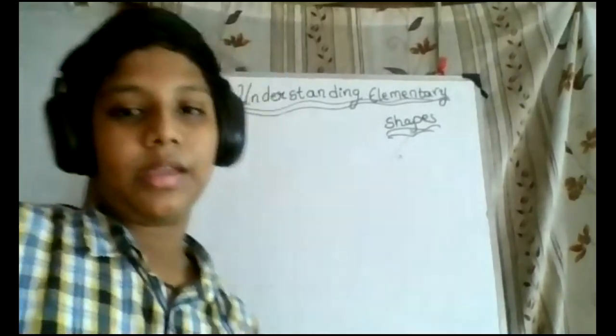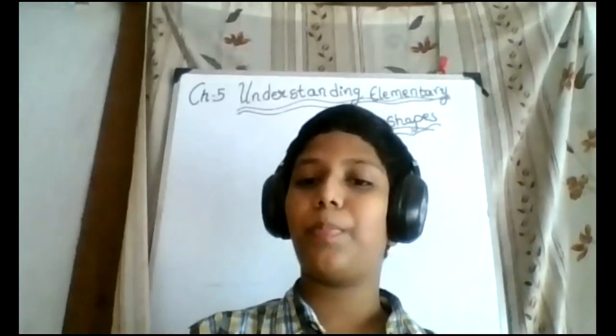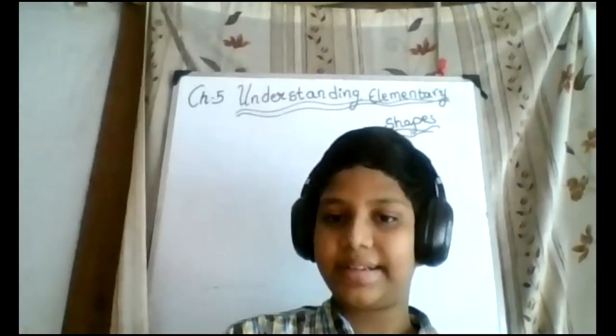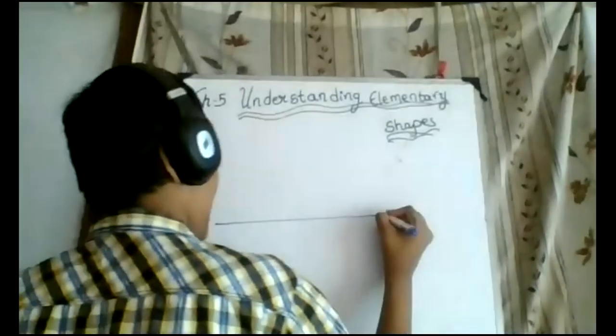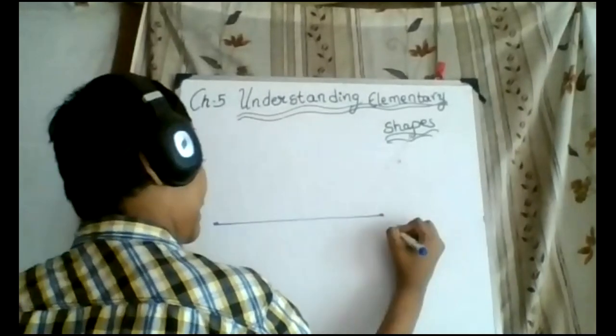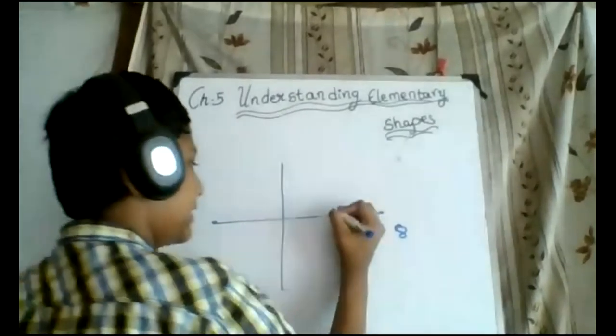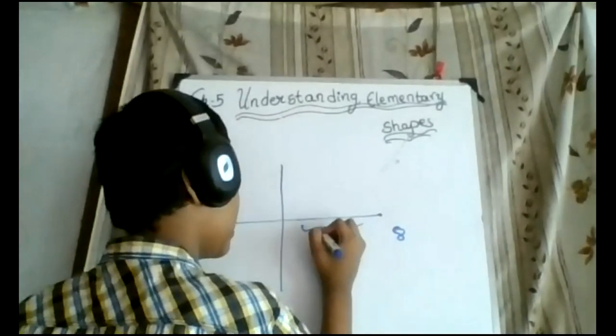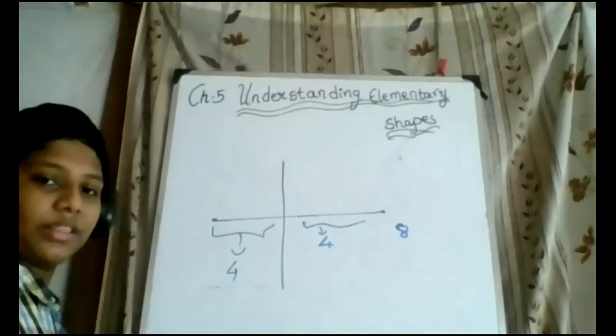Study the diagram and say whether L is perpendicular to M or not. Okay, this question I am giving you as homework. How to do it: see, if it is perpendicular, the equal measure should be there on both sides. For example, see, now we have this line measuring 8. If we draw a perpendicular here, this measure should be 4 and this measure should also be 4. Then it is perpendicular, it will say.